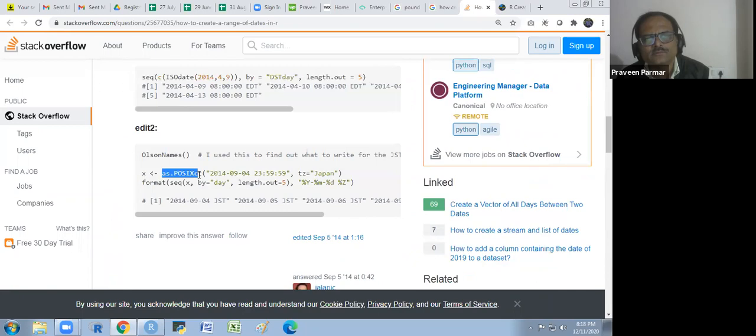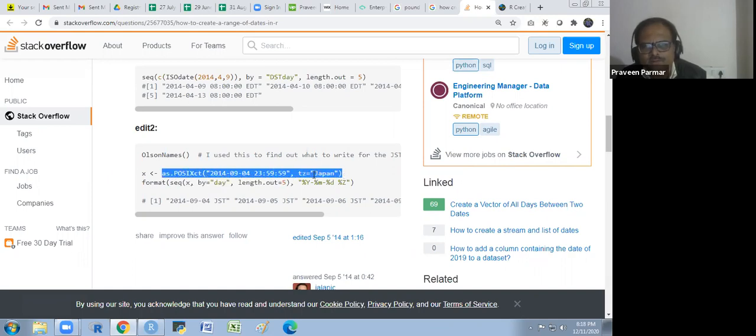This is also used sometimes, and this is also good. I have used this two or three times somewhere. There also the sequence function is compulsory, always by day, and this is the x I have created.